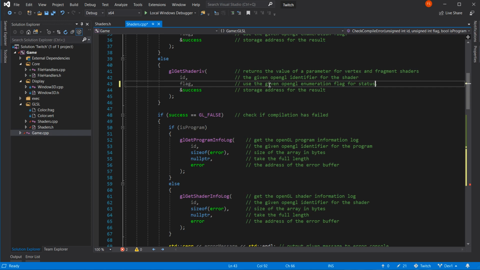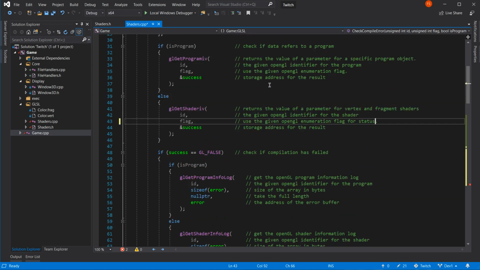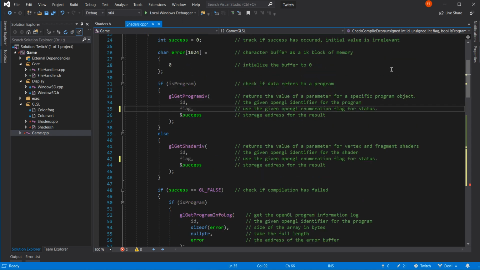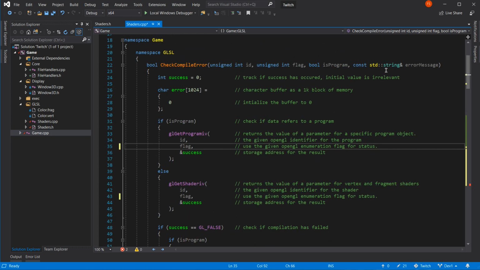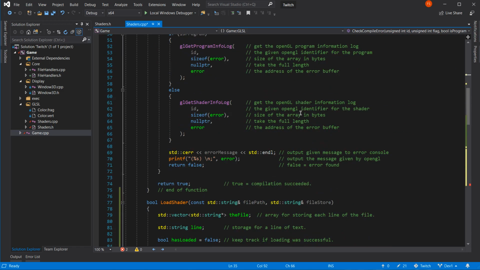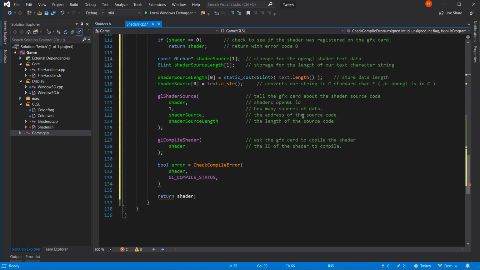I'm going to say that because we can. I mean, that really should be status flag, shouldn't it? Okay. We'll leave it at that for now.